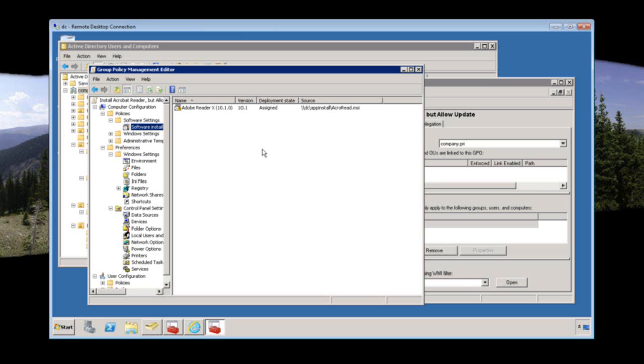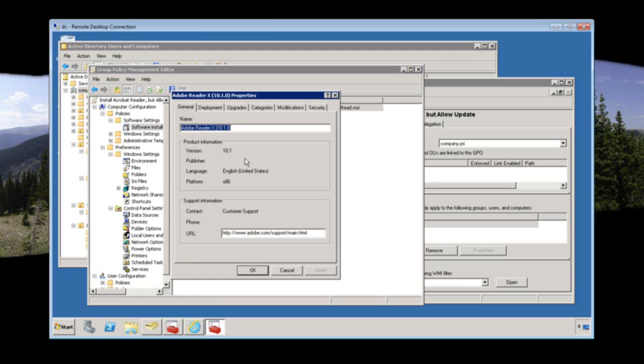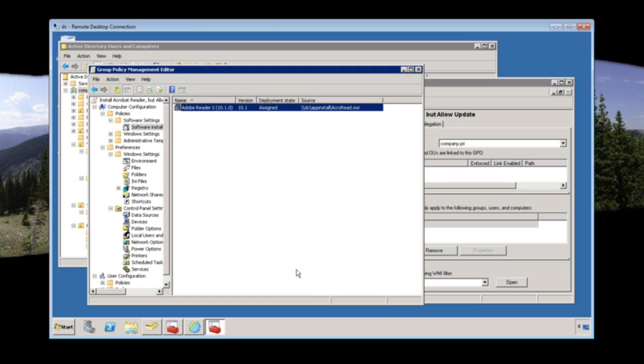So I have to first figure out how to extract the .msi out of the .exe, which can involve various tactics, and there's a whole series of breadcrumbs you can use to extract one from the other. Then once you have it, I simply add it in here as an MSI,